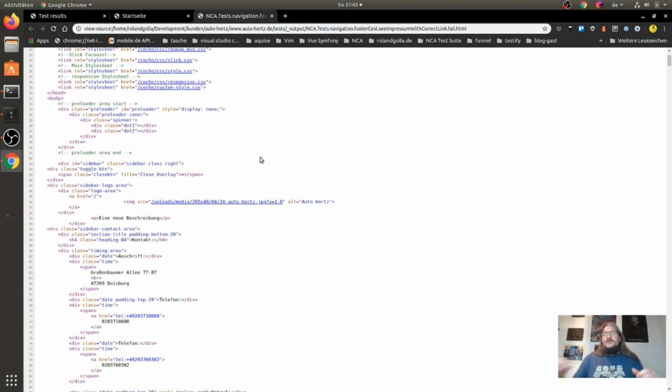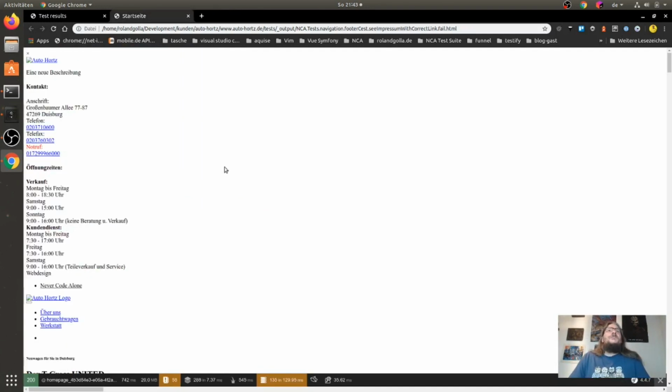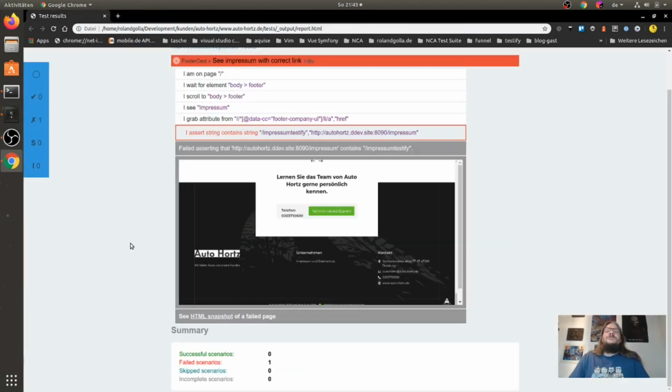So this is really cool to debug things on different environments, because every time I get a screenshot and my HTML to debug it.